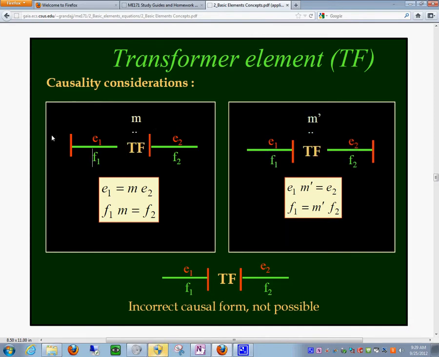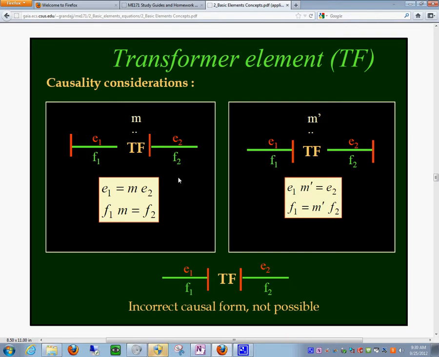How in the world is that represented? You see in here this E2 is the input to the TF, and the output this way is this effort E1. And if you go this way, the flow is the input to a TF, flow 1, and F2 is flow, the output. Now, because